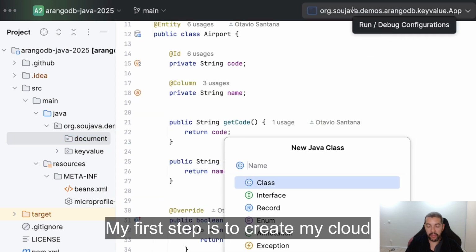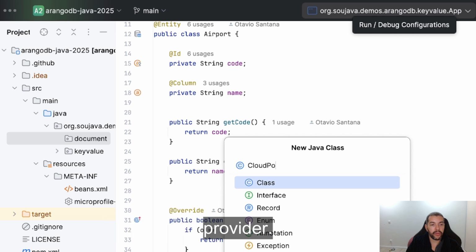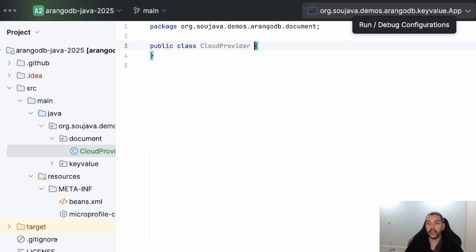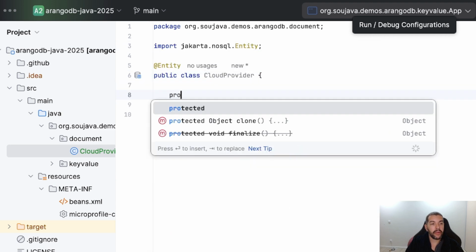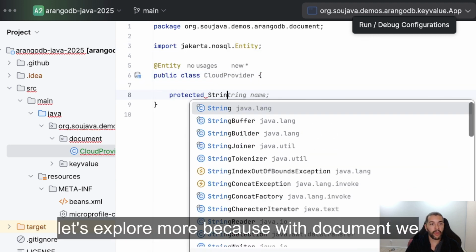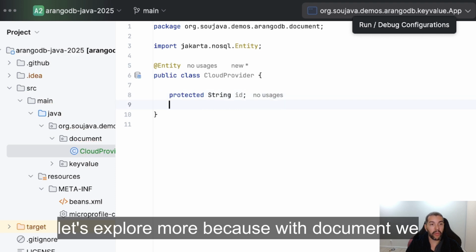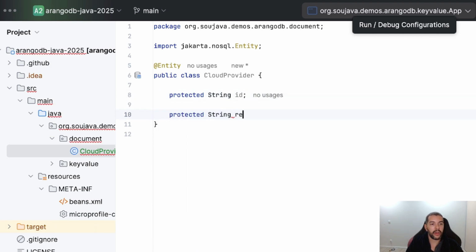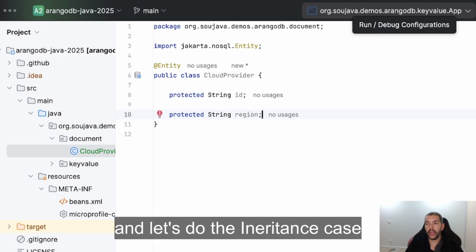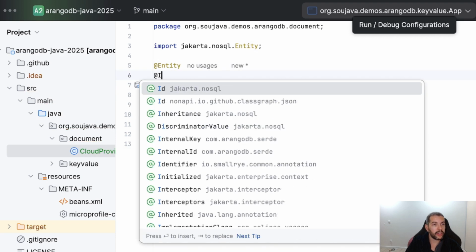My first step is to create my cloud provider, that will be my empty. This time, let's explore more because with document we do have more capabilities. So string region,